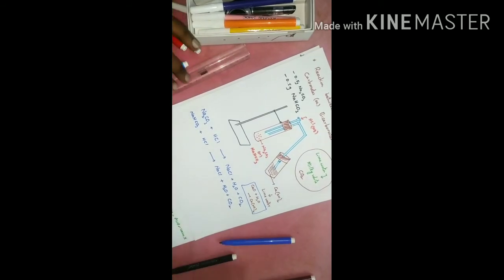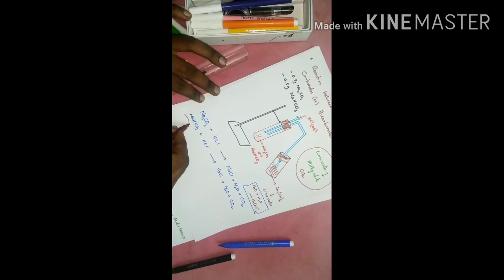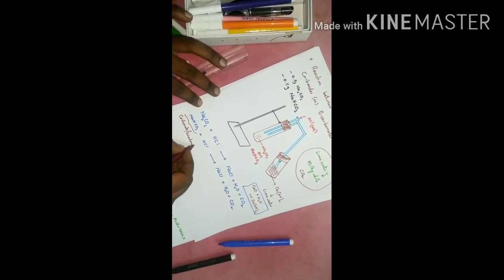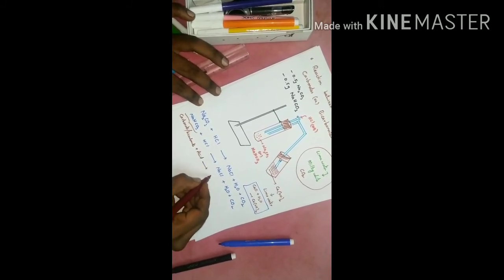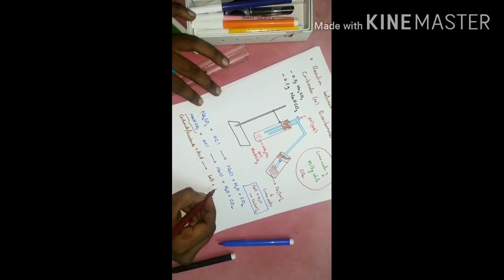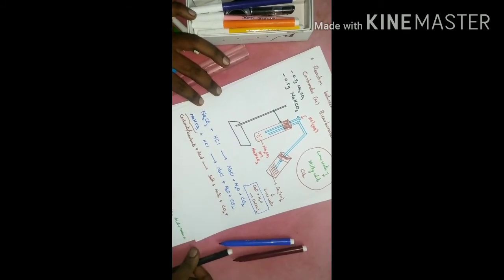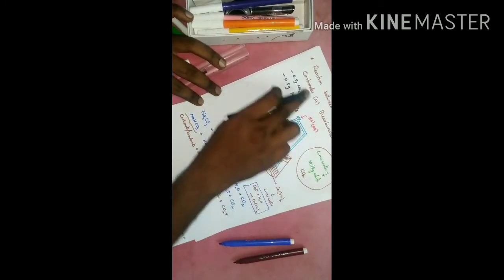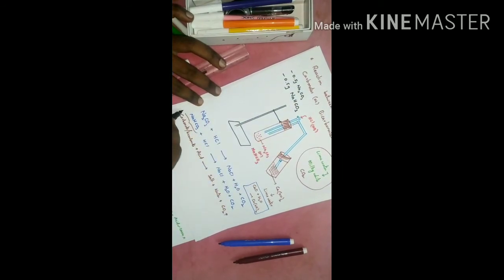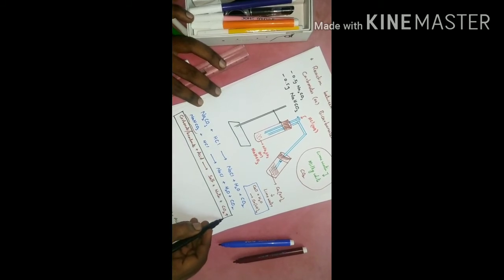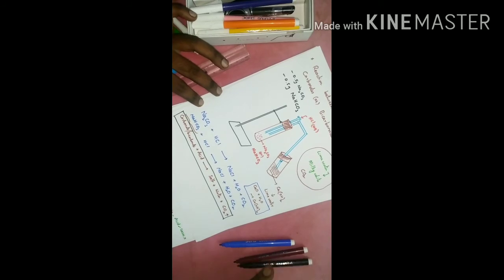So what is Na2CO3 here? It is carbonate or bicarbonate. Added to what? Acid. Then what are you getting? NaCl is a salt plus H2O water. Then carbon dioxide gas. And ఏం జరిగింది ఇప్పుడు? What is the reaction between the acids and carbonates? When acids are treated with carbonates or bicarbonates, then we'll get salt, water and carbon dioxide gas.